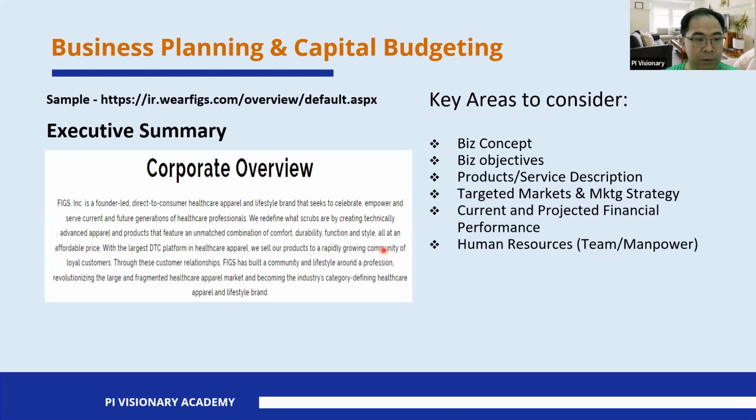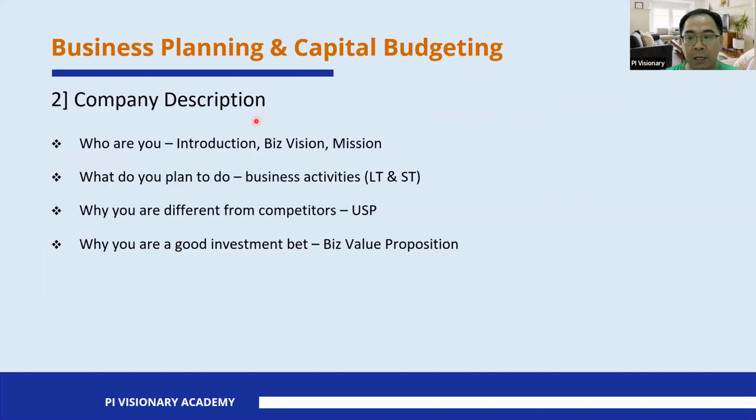I'll give you an example. Summary, sometimes people call it an overall overview. This is a company. Okay, what do you want to achieve? Company description, vision and mission. LT is long term and short term. USP